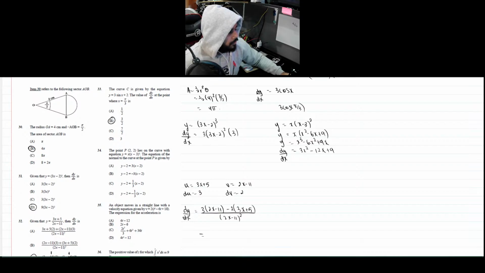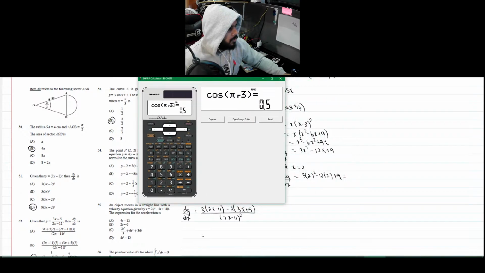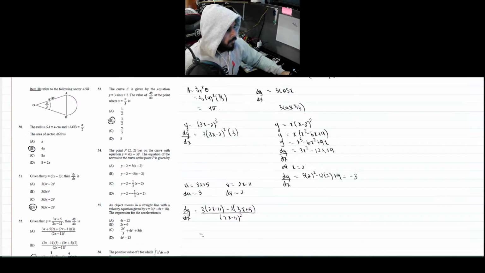Equation of the normal to the curve at x is equal to 2. dy/dx is equal to 3 into 2 squared minus 12 into 2 plus 9. That is 2 2s are 4, 3 4s are 12, minus 24 plus 9, minus 3. That's the gradient of the tangent. So the gradient of the normal is equal to 1/3. The equation of the normal using P